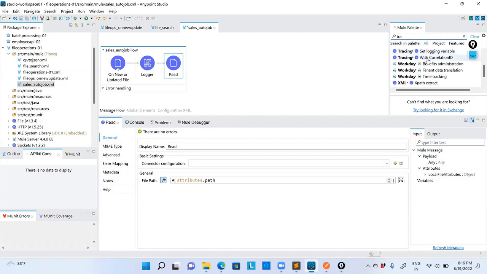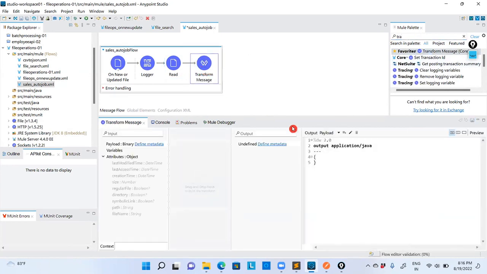Then I can convert it. Transform is there, where it is available. I'm converting whatever data is there into the form of JSON. Whatever CSV file data is coming, I'm converting to JSON. Okay. The next one is